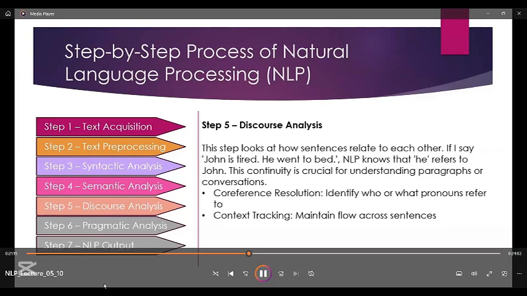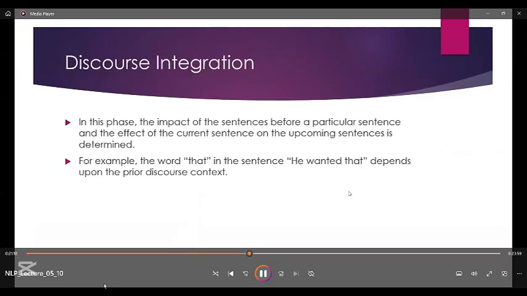So if you take an example, I will show an example. When we write a sentence, we write that he wanted something, right? So that "that" will combine with the meaning of the other sentence, right? During this discourse integration or discourse analysis, it checks the meaning of the other sentence as well, because based on the meaning of the other sentence,